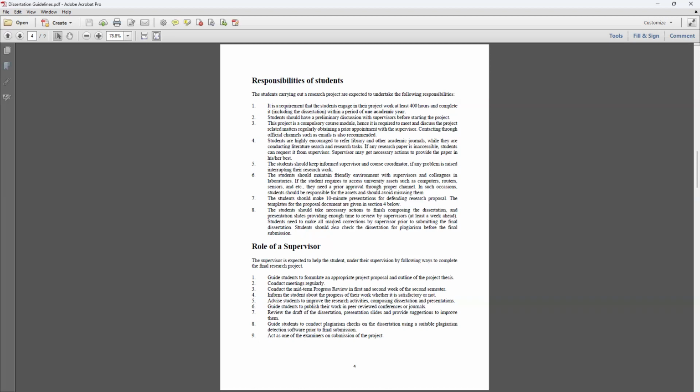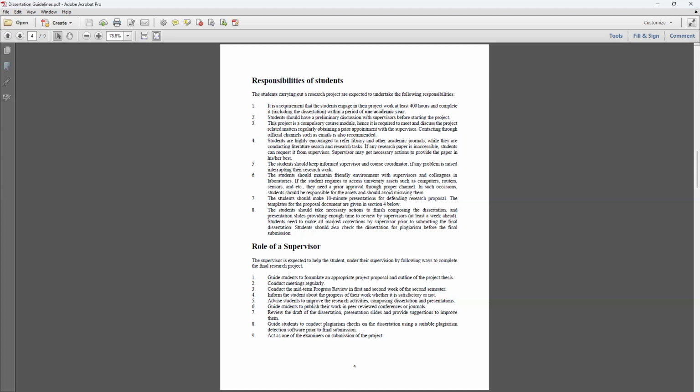I had faced this issue. If you send the document right before the deadline, a couple of days back, the supervisor will not be able to help you. Okay, so that's why I told you to write your thesis chapter by chapter, and once you finish each chapter, send it to the supervisor to review it.